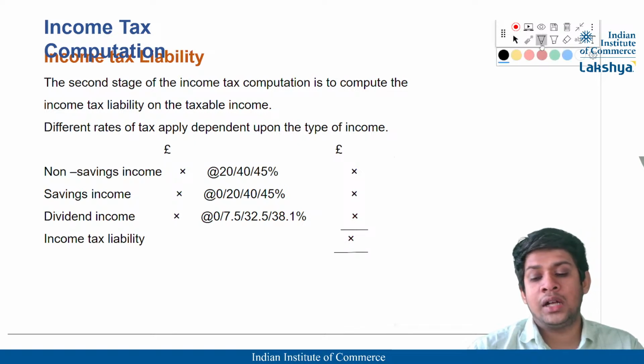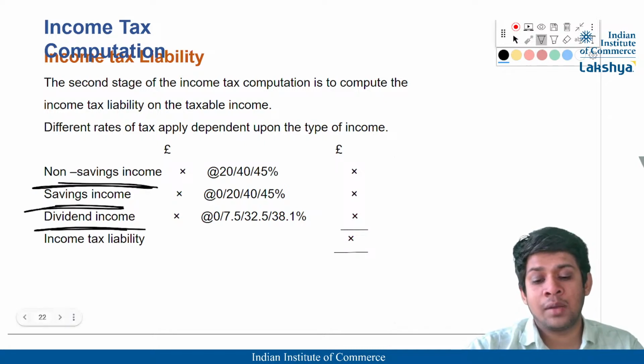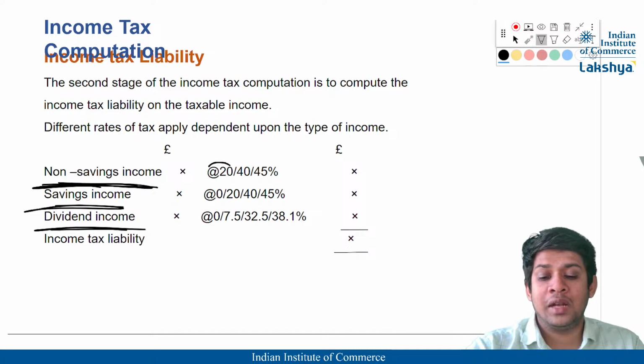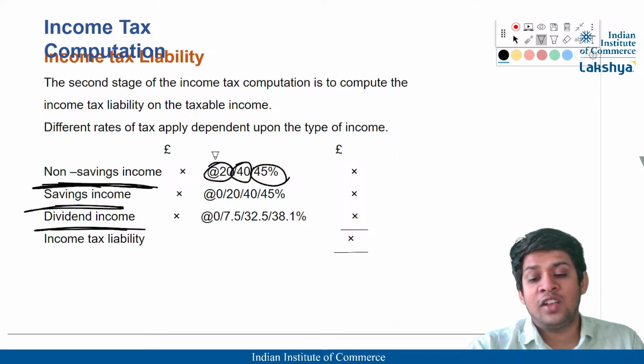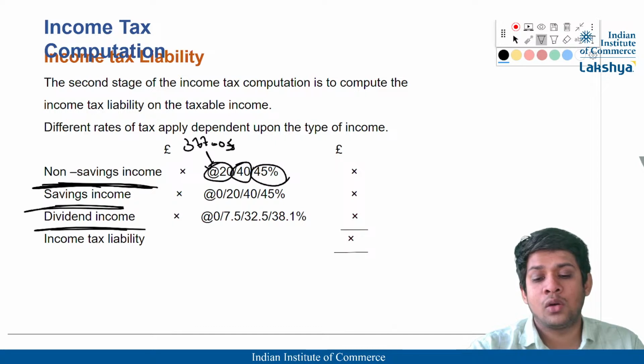Now, what are the tax charges which are applicable? For non-savings income, savings income, and dividend income, it is different, guys. So we have to understand according to the heads. For non-savings income, it is going to be 20%, 40%, and 45%, depending on a limit. If my income crosses 37,700 pounds, my tax charge is 20%. If my income crosses 1,50,000 pounds,